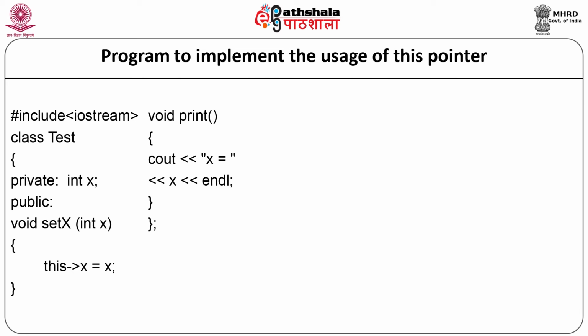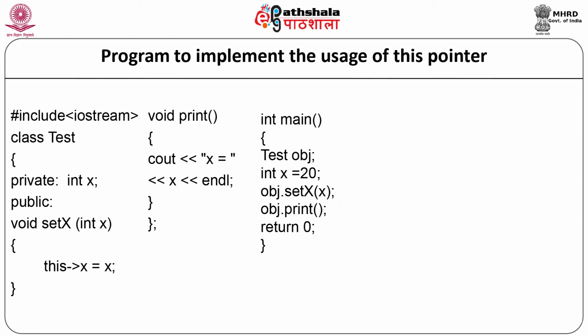Now we will start with the main program, integer main. Here we are declaring the object of class test, t1. Here we are assigning the value to the variable x. So here we are having one more variable integer x equal to 20. We are passing this value to the setX function as t1.setX inside brackets x. So here the value of x will become 20. Now we are calling the function t1.print which will print back the value of x on the screen, return 0, and main program ends. When the above code is compiled and executed, it will display the following result: x equal